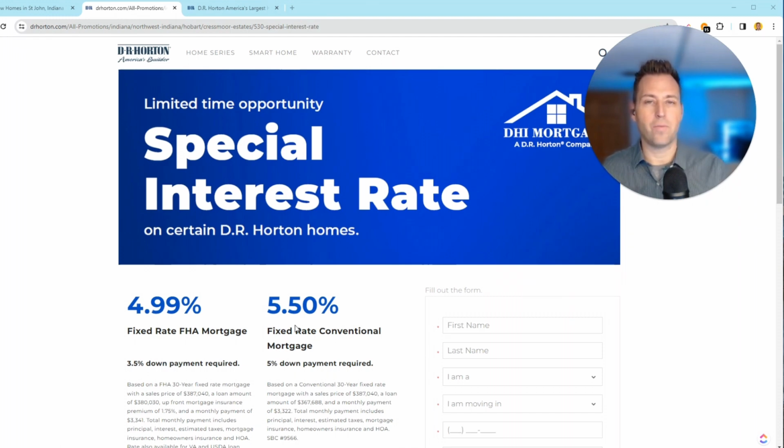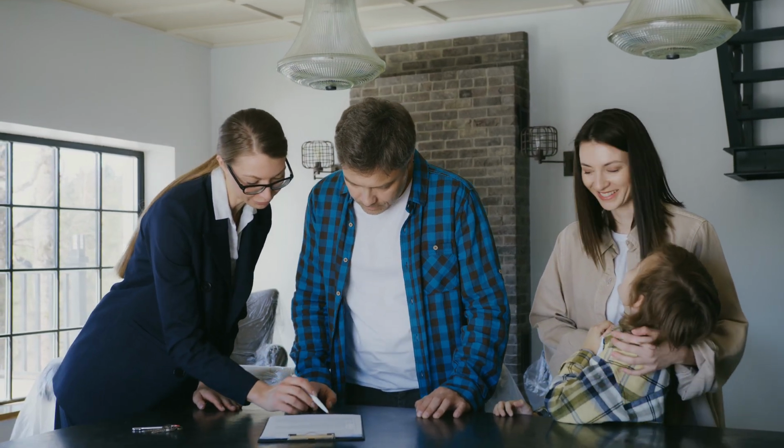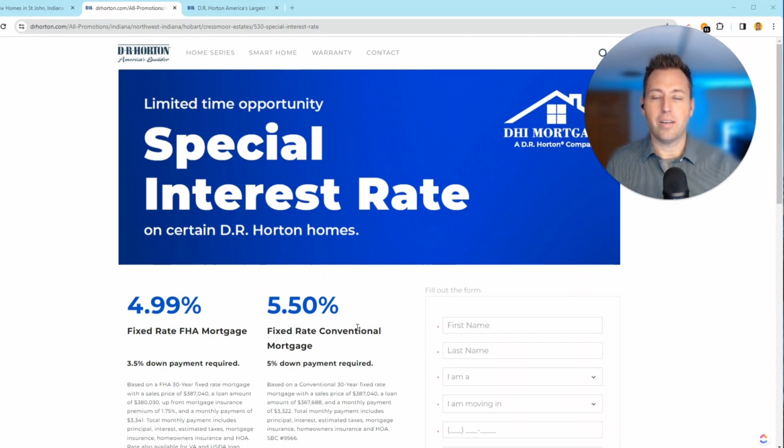And the current market, so if you were just to go to a lender and get pre-approved, you're looking at at least a point on top of this. So we're looking at 6.5 to 7 range right now for conventional, and then another about a point on top of FHA. And so what does that equate to? So if you're buying, say, a $400,000 house, that's about $4,000 of interest every year that you're saving going with